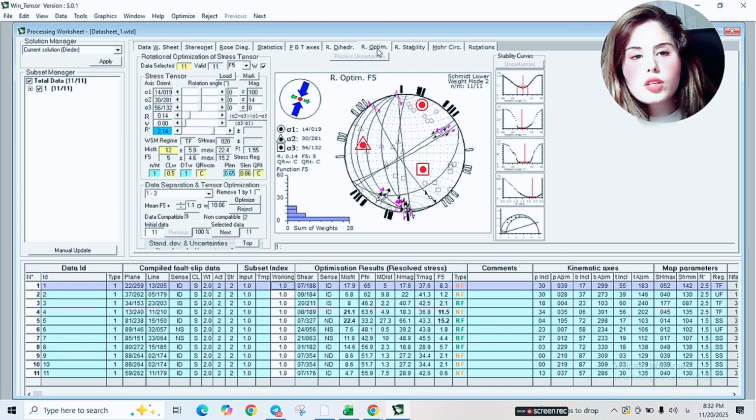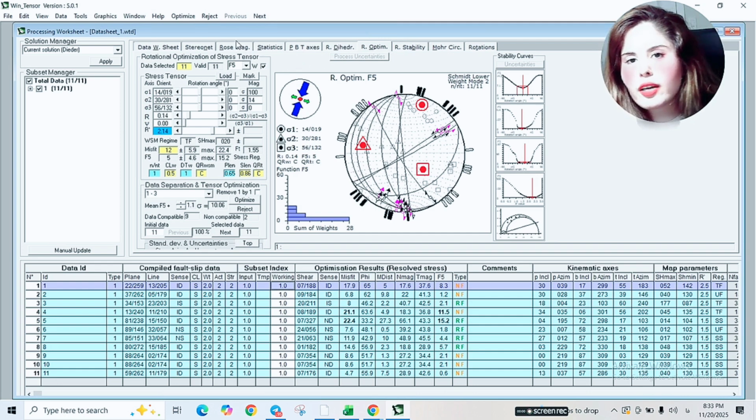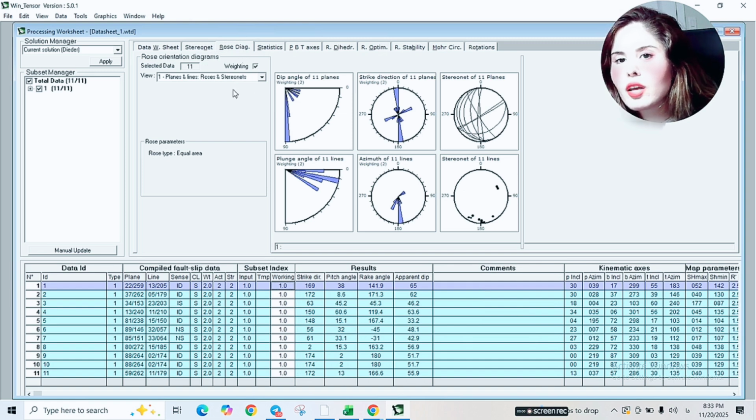If you're interested to learn more about these two methods, please leave a comment. I will send my article to you. Actually, it's just part of my PhD thesis, so I can share it with you, and also you can see